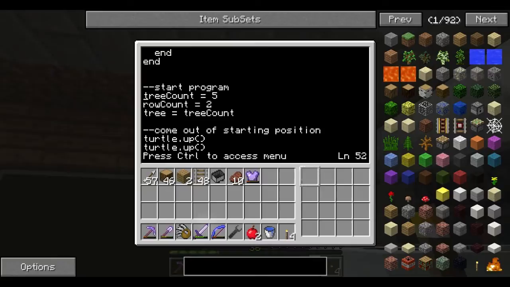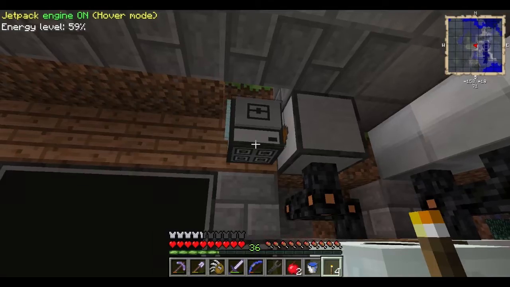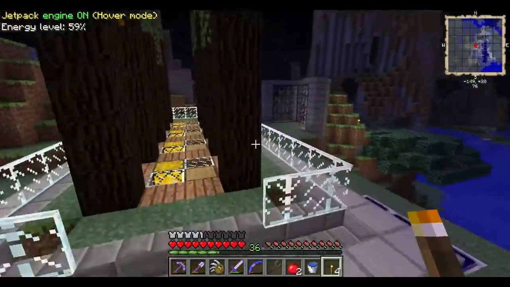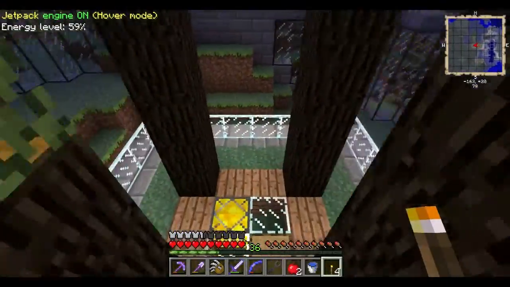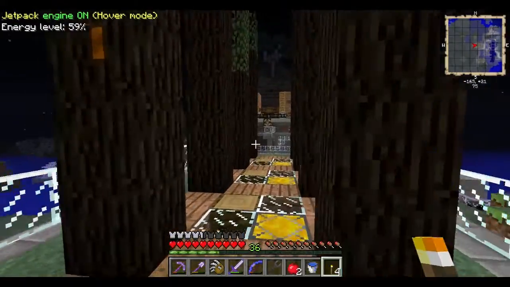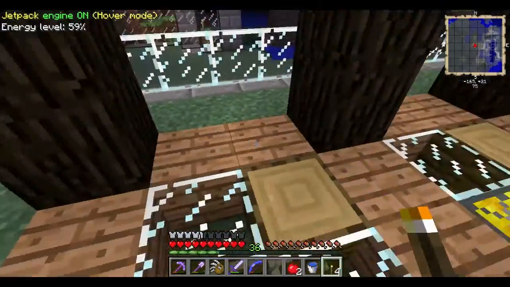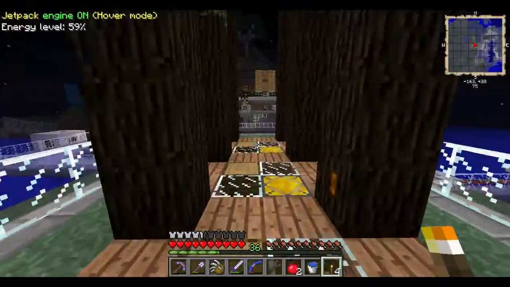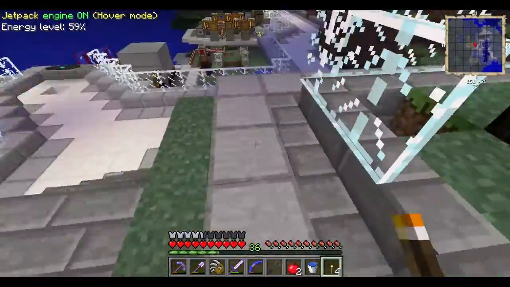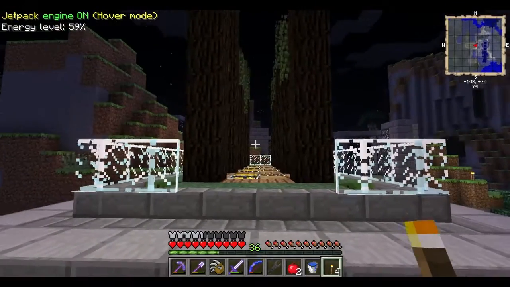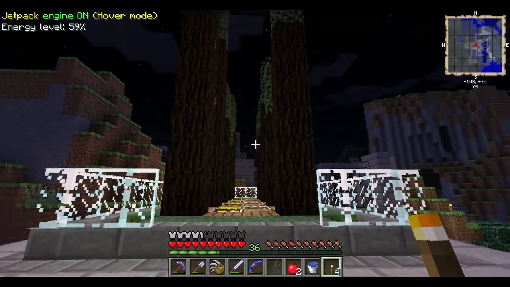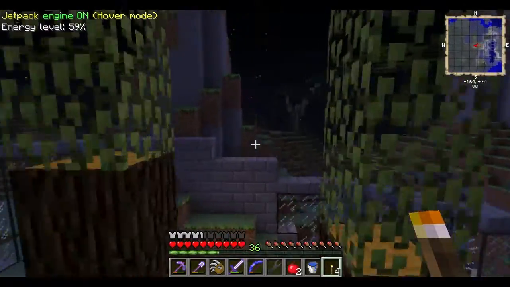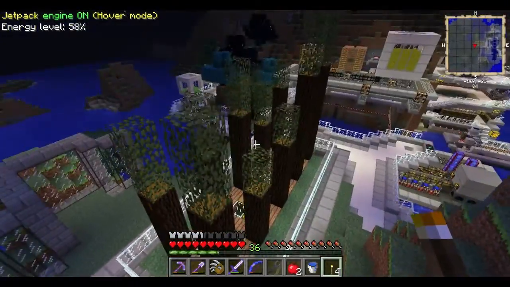All right, and if you couldn't tell, based on the setup of our farm above, those variables are set based on the length and width of our tree farm. 1, 2, 3, 4, 5 is our tree count, and our row count is 1, 2. All right, so that's pretty straightforward, and that lets you know that this program is going to be scalable, so that if you wanted to have this 10 trees long or 20 trees long,